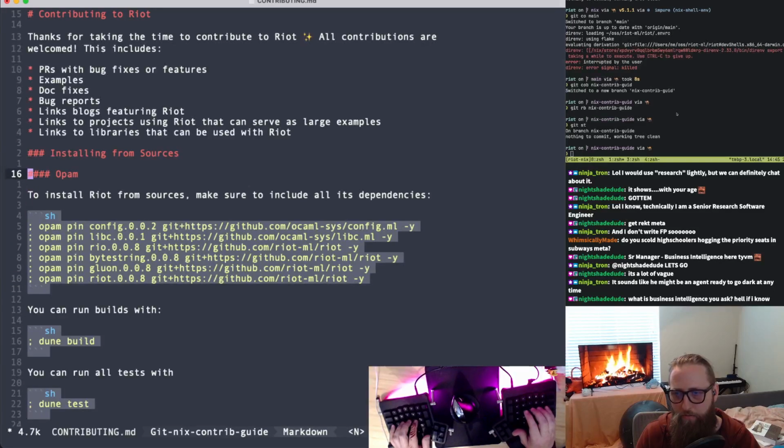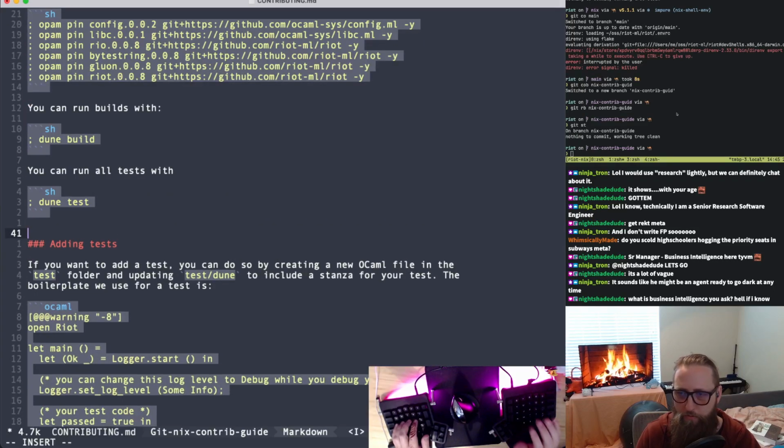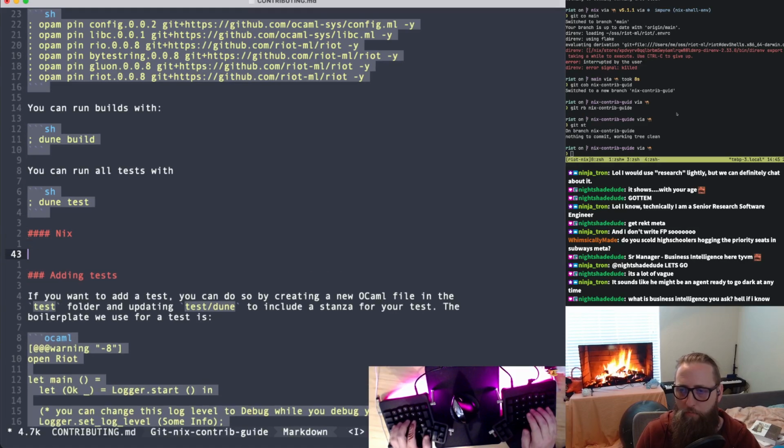I guess technically this is still true. You can still run this even with Nix. How do I want to do this? Okay, I will start here because the way I built it, you can anyway. I almost wrote opam again. We're going to write Nix,